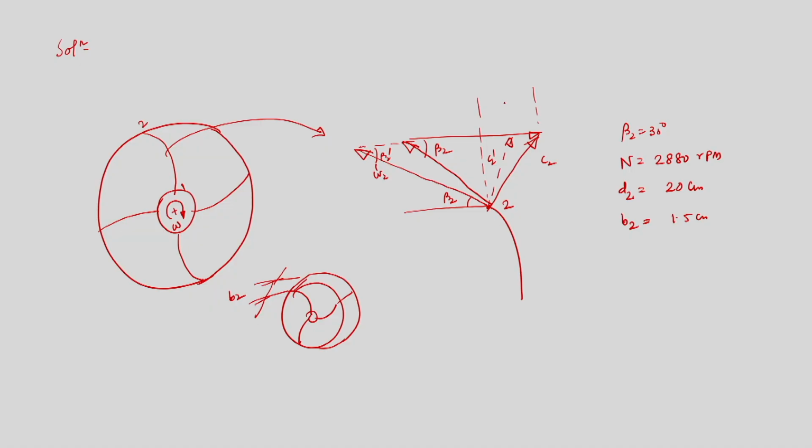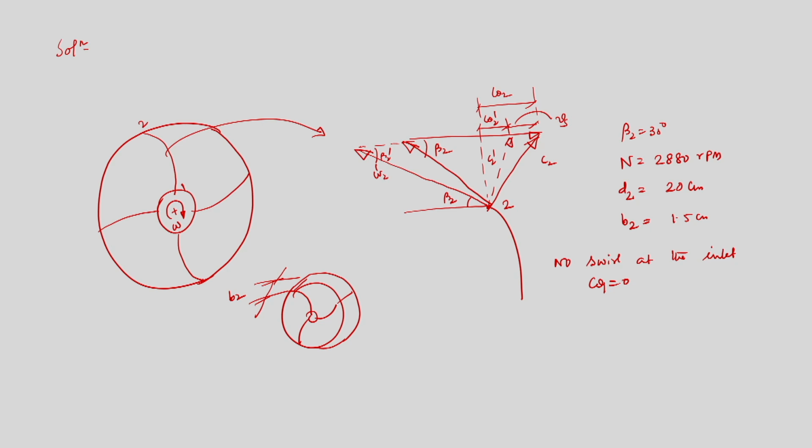This is c theta 2, and this is the component of absolute velocity while we are considering the slip, and this is known as the slip velocity Vs. So, we have to solve this problem. Since no information is given about the effect of inlet swirl, we are assuming no swirl at the inlet, that is c theta 1 is equal to 0.